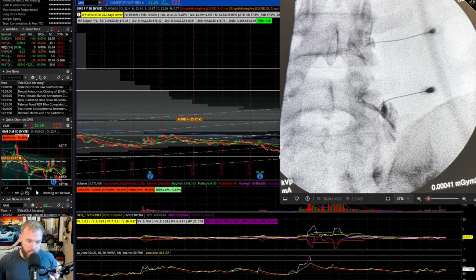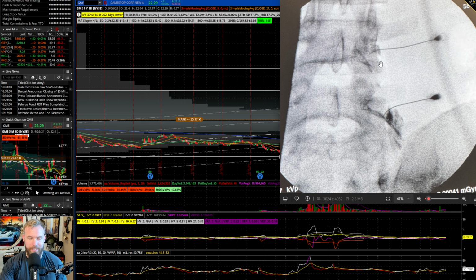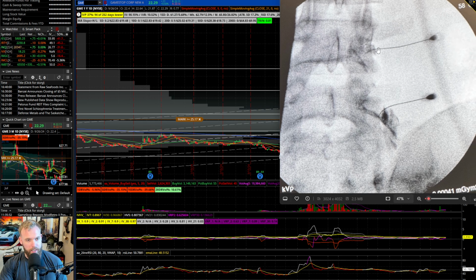It's been a minute since I took a look at GME, so that's the goal for today. But as you could tell, we have a little guest appearance, which is my spine. Today, I had the pleasure of getting an epidural injection. You can see there's actually two of them here, and it's for all the disc stuff that I'm trying to resolve right now. This is supposed to help reduce inflammation, but I've never seen anything like this before, so I